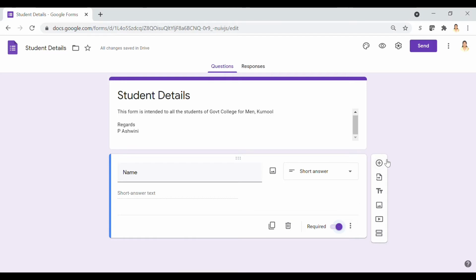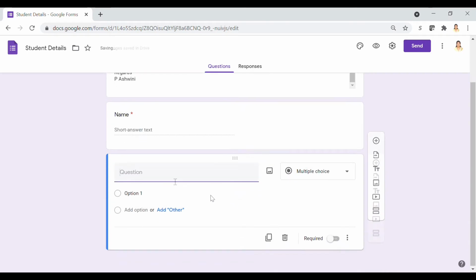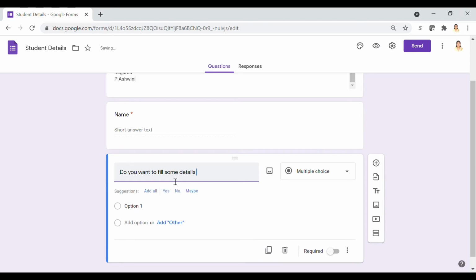To insert a second question, we can either click on add question or duplicate the first question. We shall click on the add button to insert the next question. I would like to use this question to seek their permission to continue populating the details in the form.